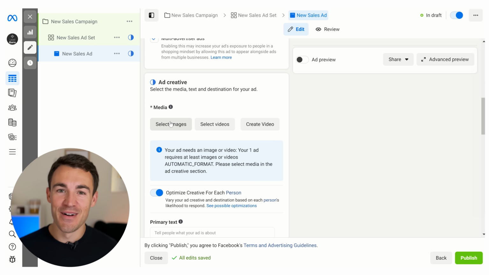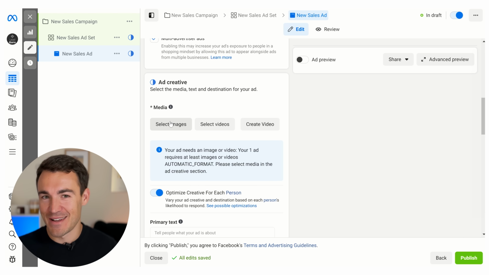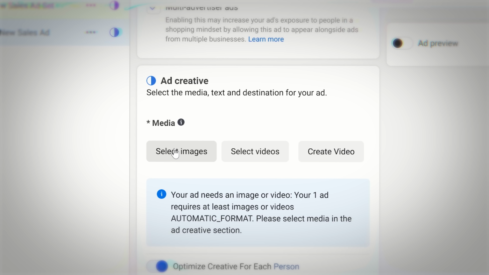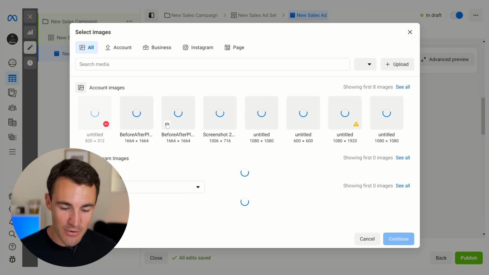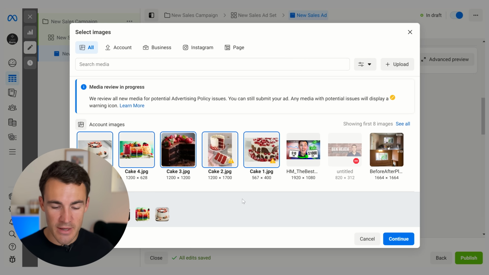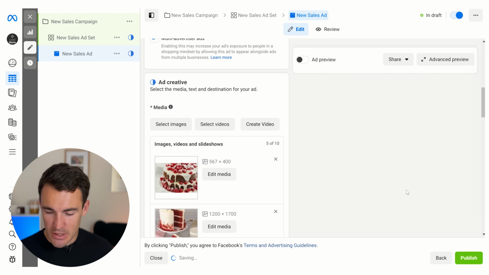We have before ran ads for an online bakery, and some of the images were absolutely amazing. These aren't specifically of their products, I just grabbed some from online, but just to demonstrate how this works, and who doesn't like looking at pictures of cakes, right? So, okay, I'm going to go ahead and grab some images. Many minutes later. Okay, so I've just gone ahead and uploaded 5 cake images, as I said, I just grabbed